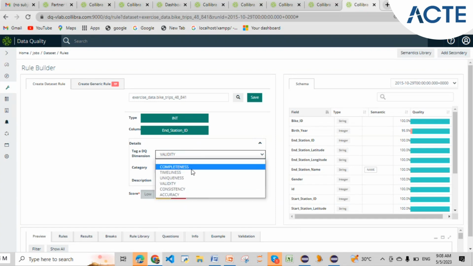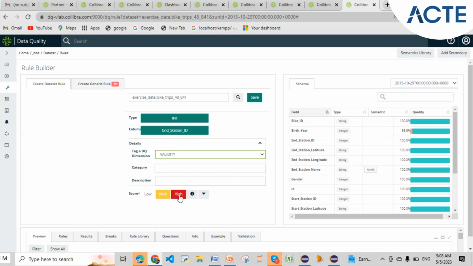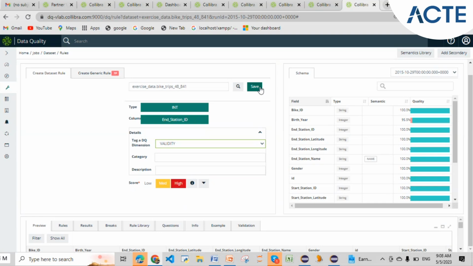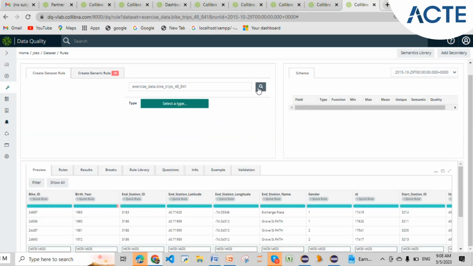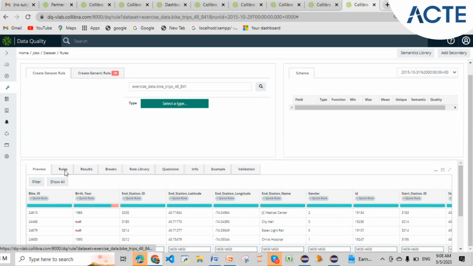So yeah, whether we can tag it for completeness, timeliness, uniqueness, accuracy, or consistency. Likewise on this dimension, let me check validity, and I can have low, medium, or high. So let me select high for this case and save. And then if I check in rules,